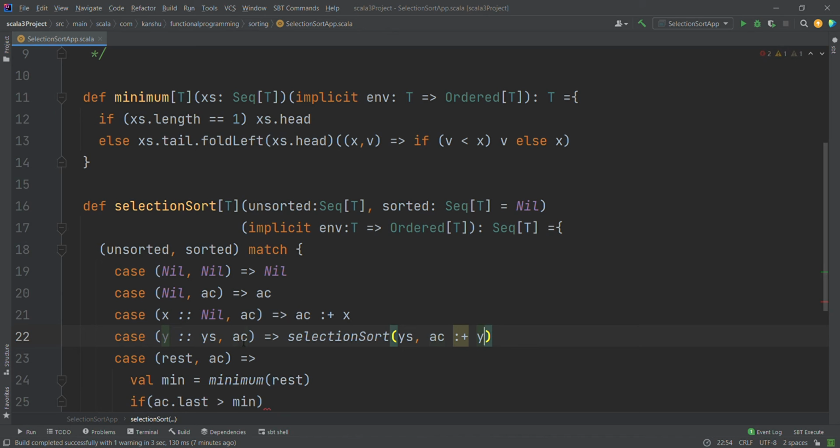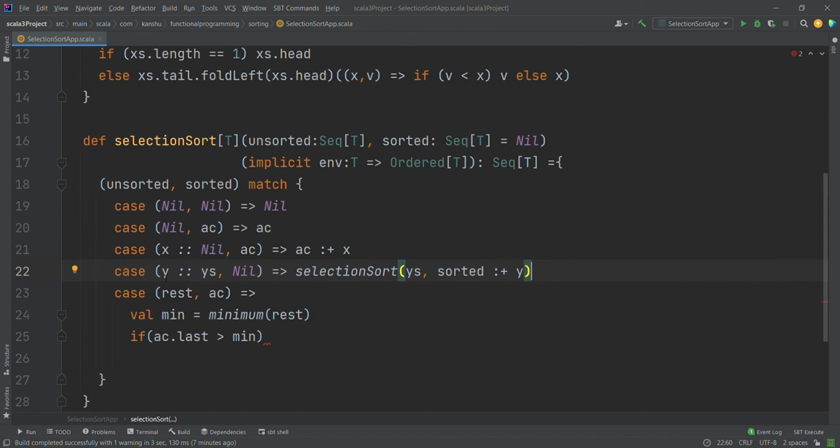So if this is Nil, it will be acc. Okay, this is sorted, sorry, this is going to be sorted, yeah, perfectly fine. So if it is sorted and we have some value in unsorted, sorted is Nil, so it is going to call the selection sort. Okay, so now we need to find